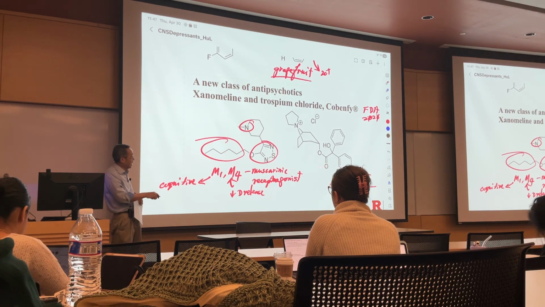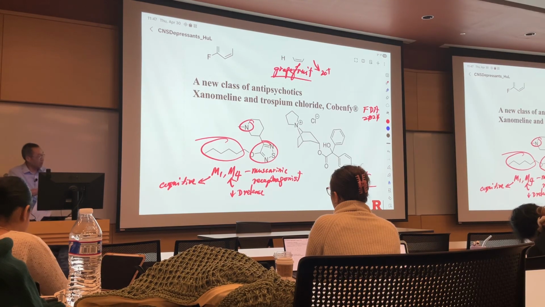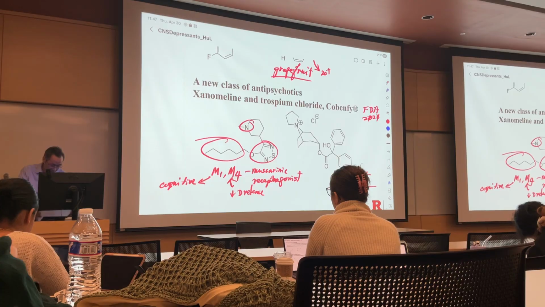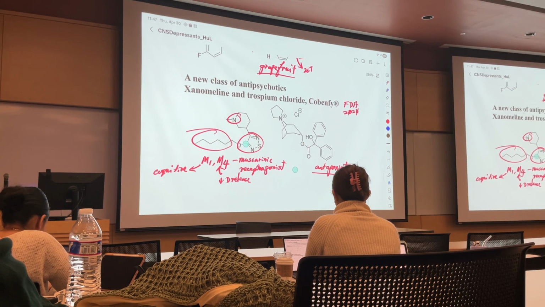Right? So the antagonist activity will counter the effects of this drug molecule in the periphery. So we are only using the central nervous system effects of this drug molecule. So this is what I want to talk about in terms of